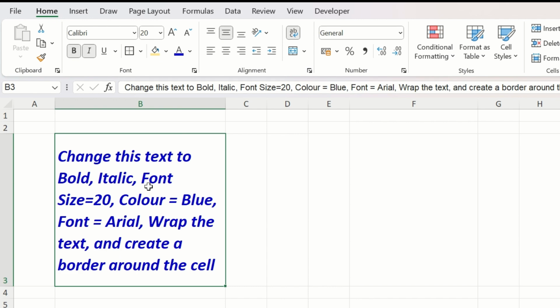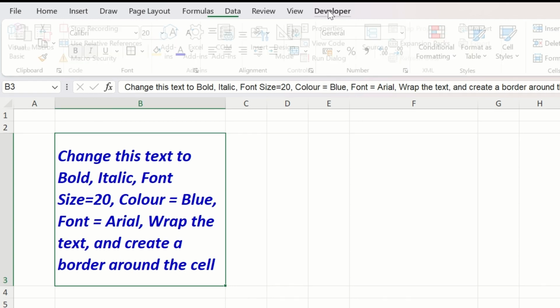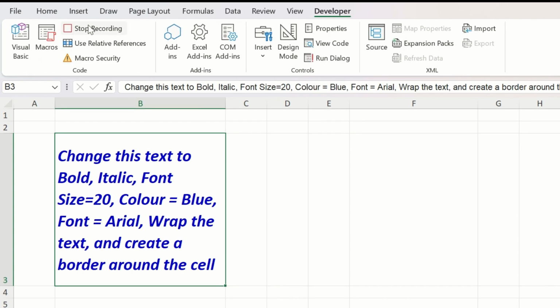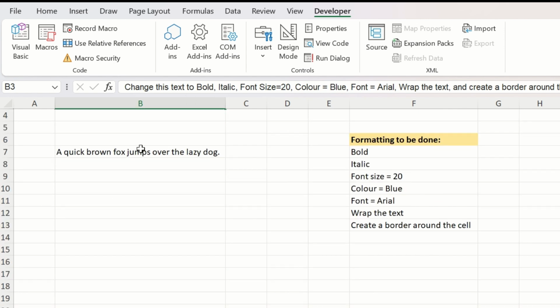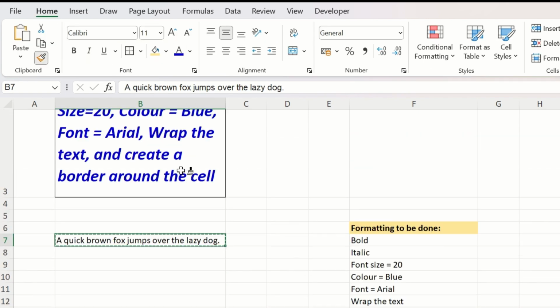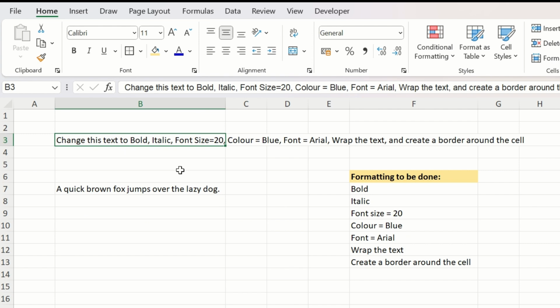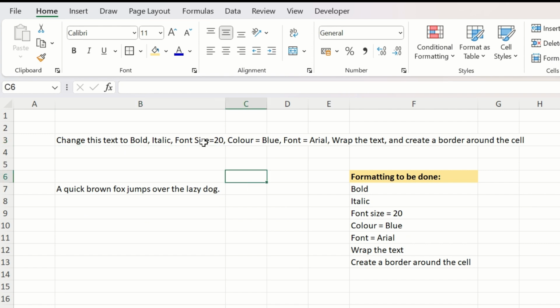So these are the formatting that were to be done through our macro. Now we will go again to the developer tab and click on stop recording. Our macro has been recorded. But how do we utilize that macro on another text? The first thing, we will go back to the original formatting of the text, and now we will redo the formatting with the help of the macro